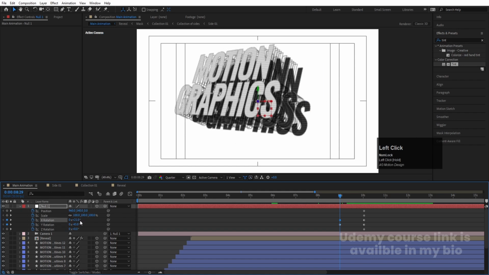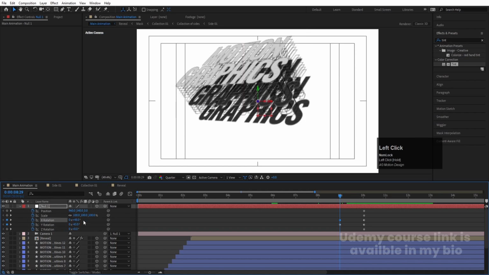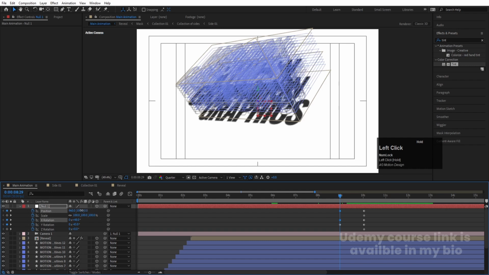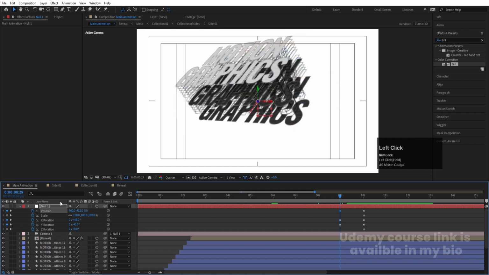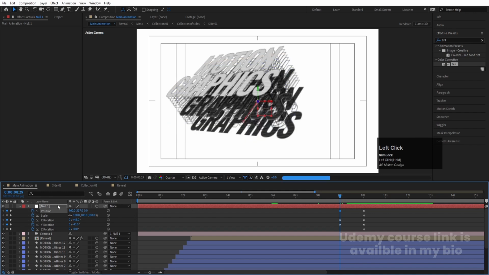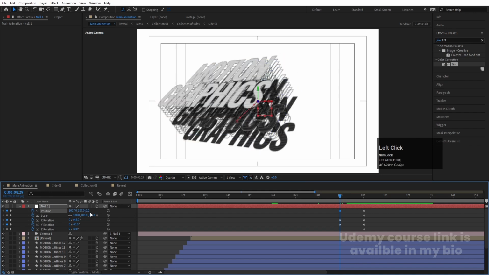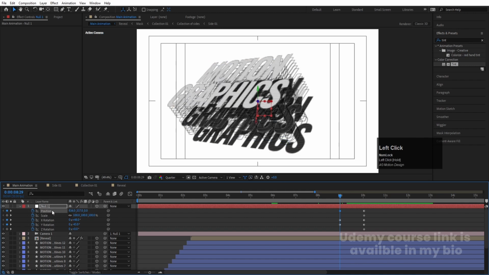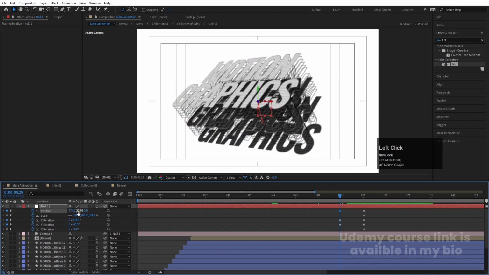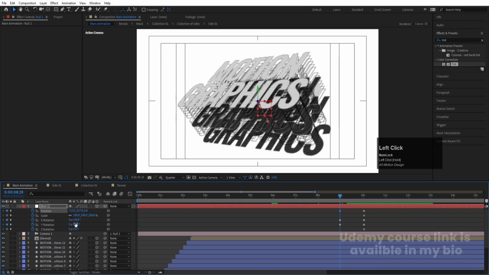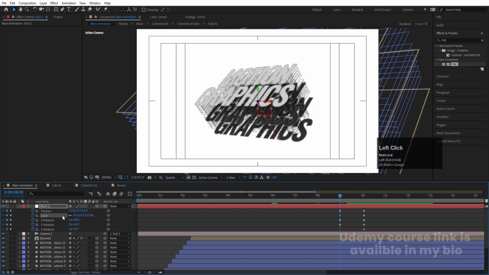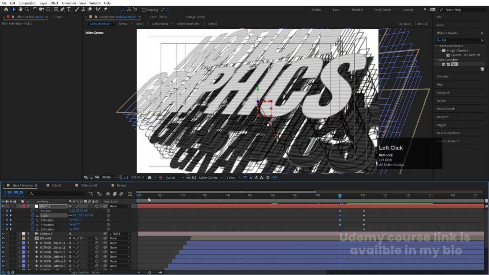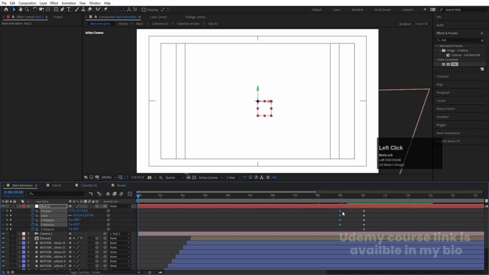Similarly on x-axis like this. Okay, similarly position of this one should be over here. Exposition should be like this. Okay, similarly increase, or let's decrease the scale somewhere around like this. Okay, and then go to the start, select all the initial frames and let's move them over here, and now